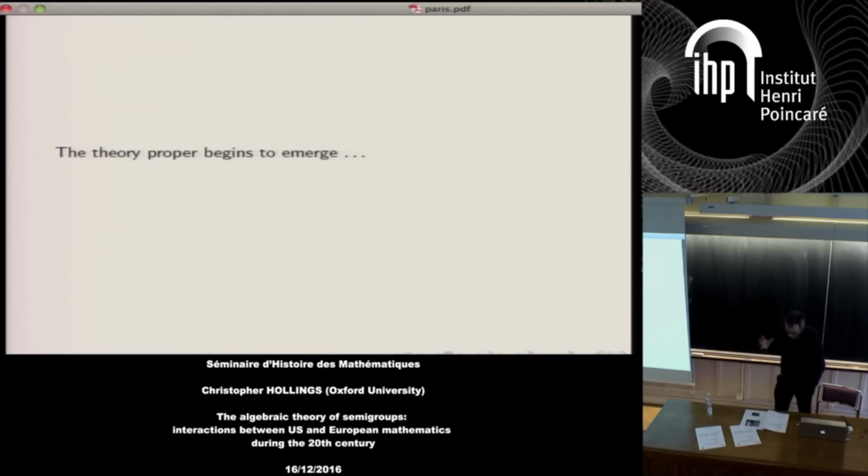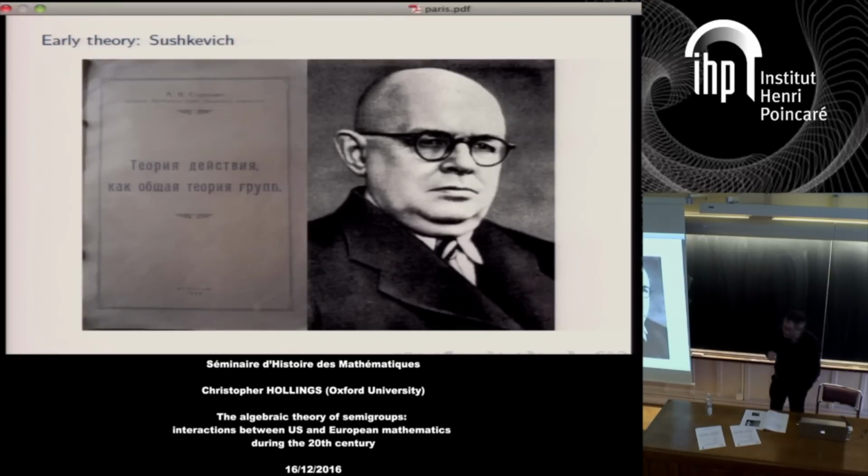To find the theory beginning to emerge properly, as I said, we have to look to Soviet Ukraine and to this man, Anton Sushkevich. He's someone whose work I've been interested in for quite some time. I find it endlessly fascinating, although I have to acknowledge that he's not a major figure at all. He's a very lowly figure in the story of mathematics in the 20th century, but there is some value in looking at the minor figures.